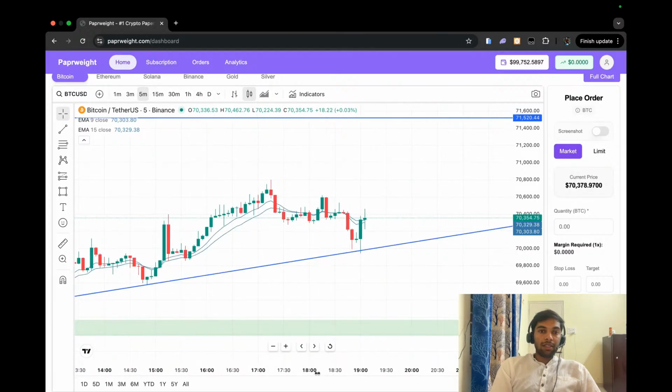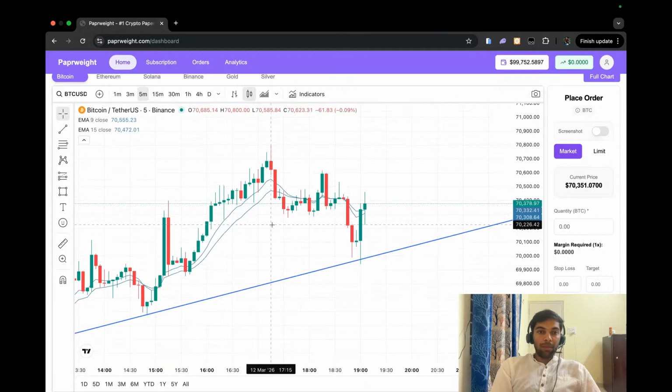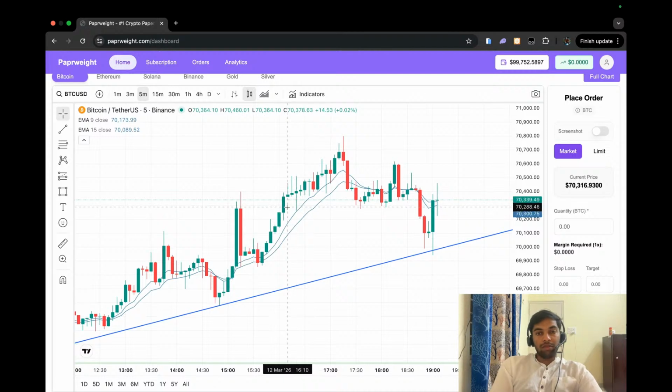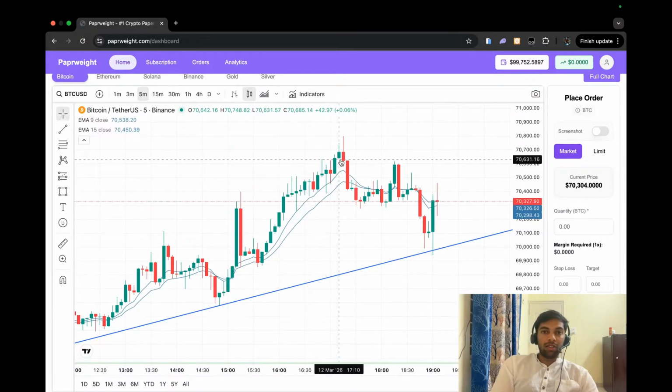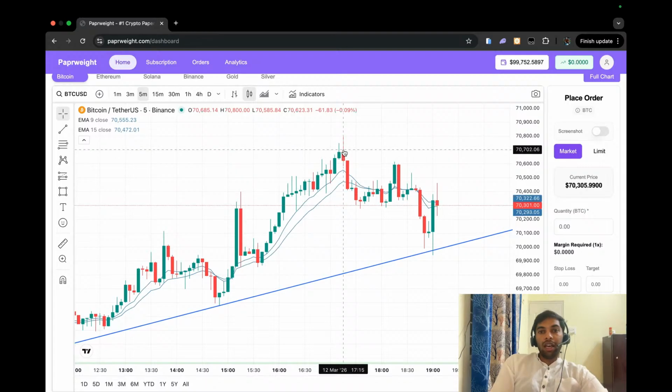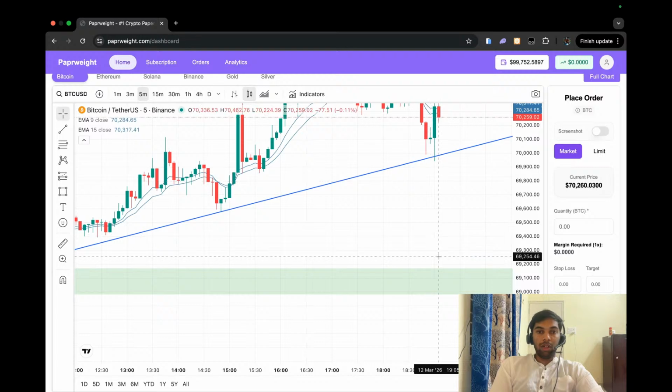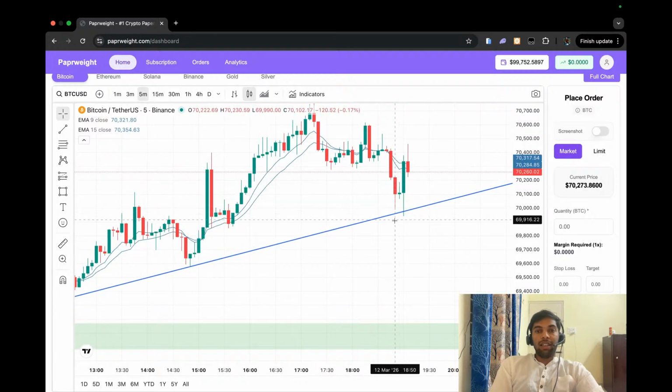One more thing I can observe is that for the past couple of hours, from 4 p.m. to 7 p.m., for the last 3 hours, the market went in slow buying. There is no good buying at all. Then it faced a rejection, then again slow buying, then a rejection, then again slow buying, and again a rejection till this point. This is where the buyers, if there are any, came out of their sleep and said, oh, the market is trying to fall and come to this area, so let's protect it. And they formed a trend line.